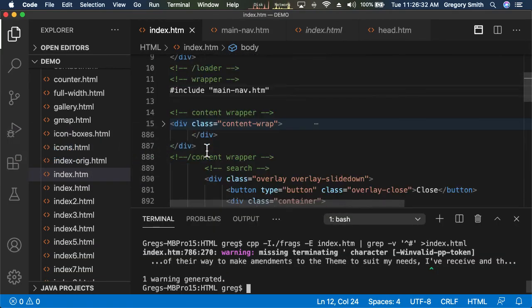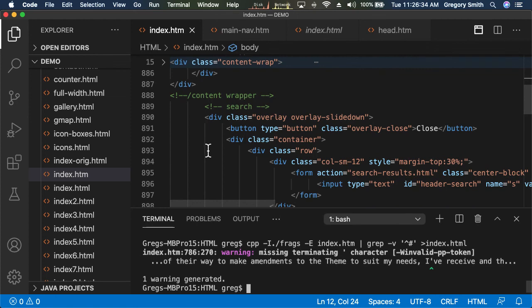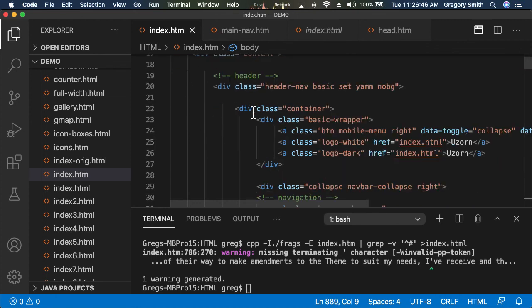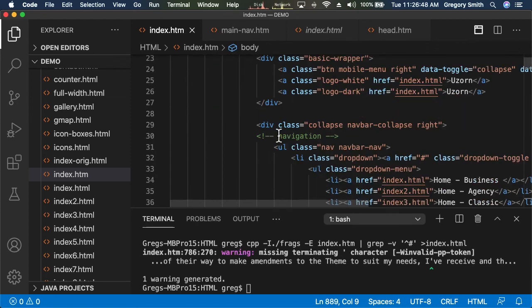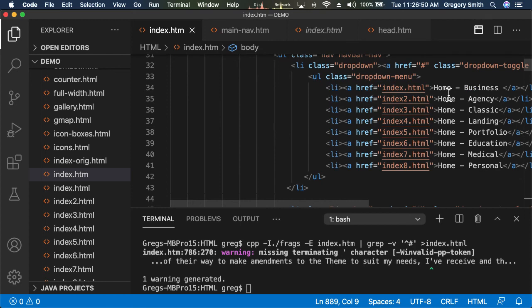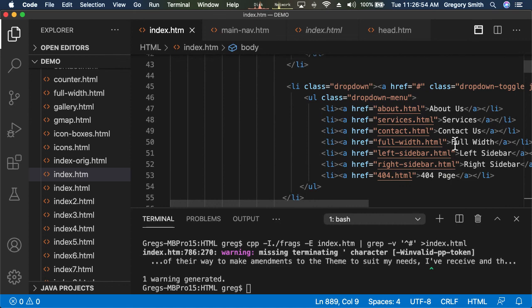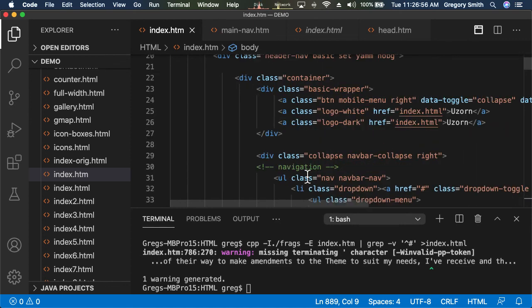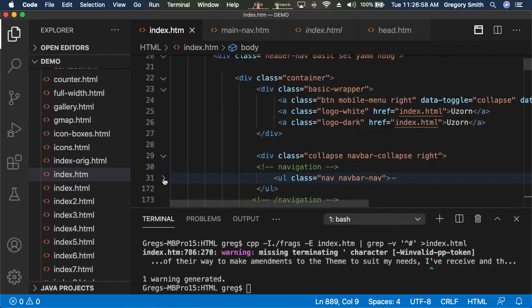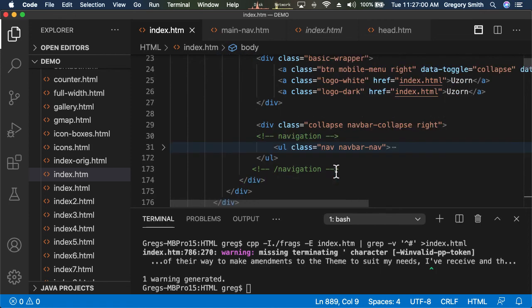So that was the main nav. That was not the actual navigation bar. Here's our header. That's the header that has our navigation in it. There we go. There's all the navigation, all the menus. You can see them here, the home, the about us, all that. So now what I'm going to do is come over to my sidebar, click that, grab everything that says navigation,